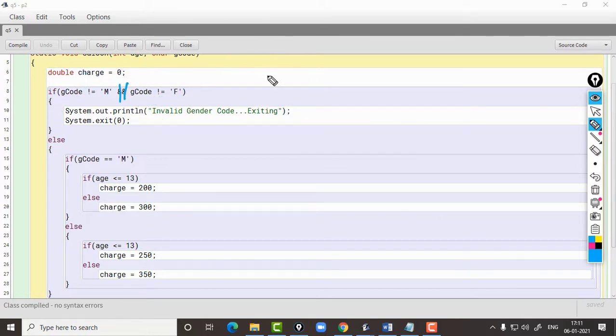So if we enter something else other than M or F, it's fine, even if you put an or here.